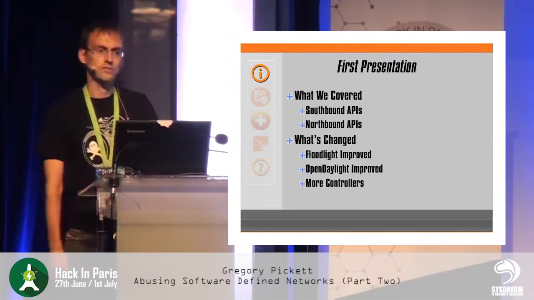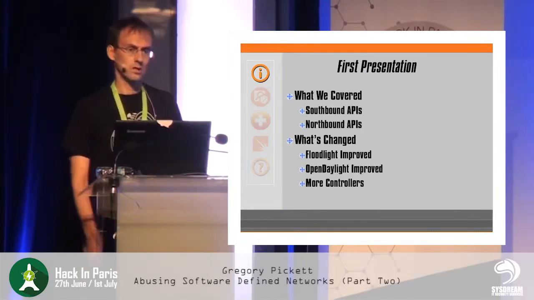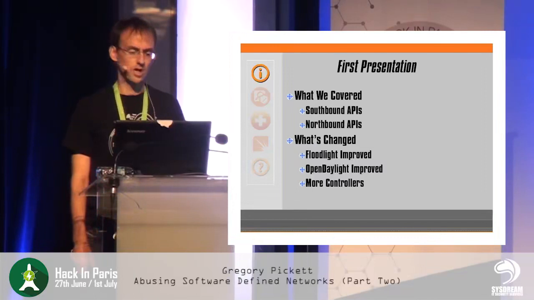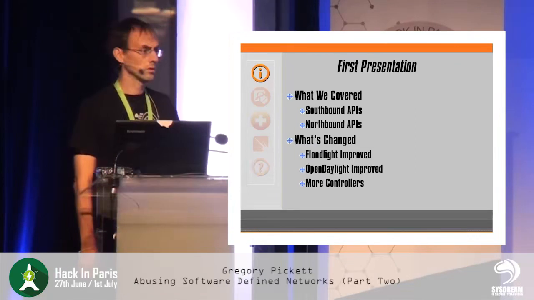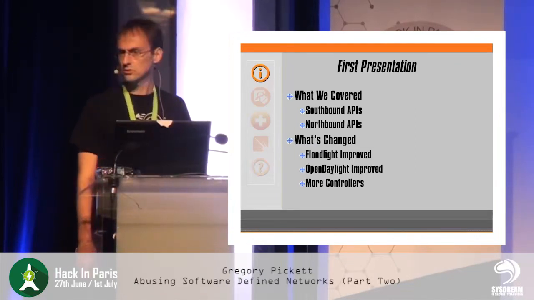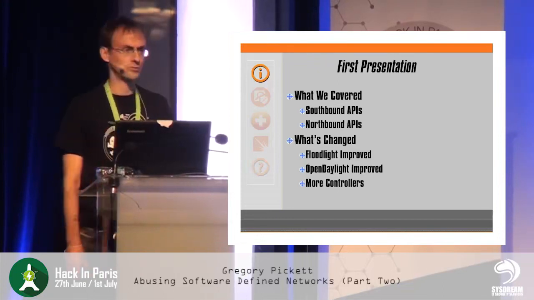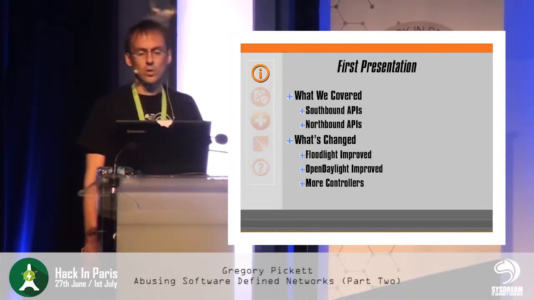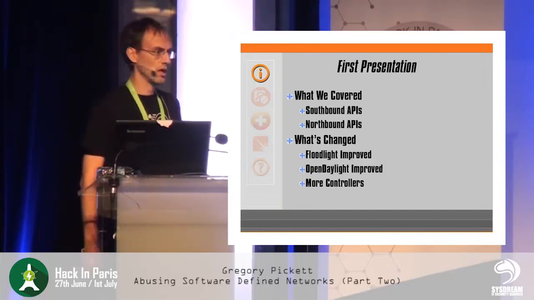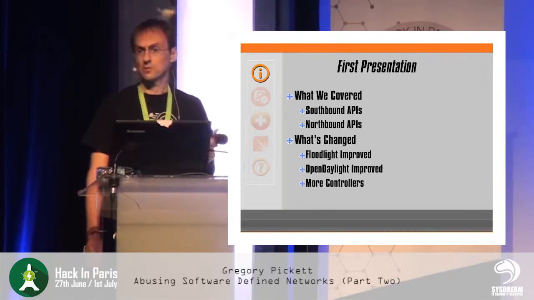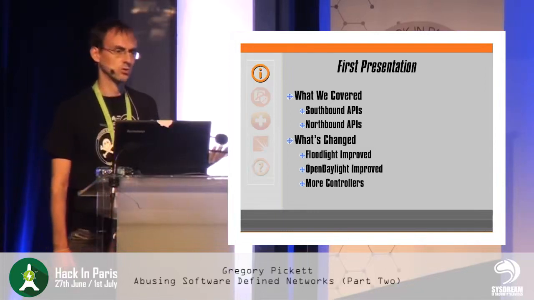So we'll start off with the first presentation, kind of a recap. What we covered last time, and a lot of people cover, is the southbound and the northbound APIs. The southbound, of course, being OpenFlow. It is the most popular, although there are other protocols. They're using NETCONF on the southbound side. Northbound is traditional web services type APIs. And what we were looking at were a lot of the initial types of approach you take when you look at any sort of product, which first, encryption. Is this a secure product? Also then, after that, what's at that door that you're reaching?